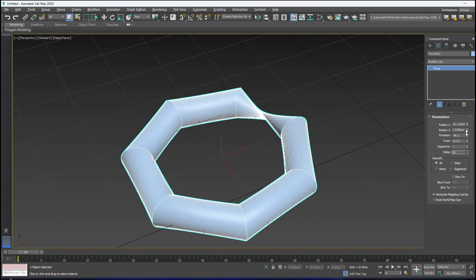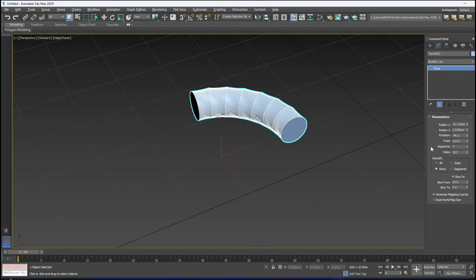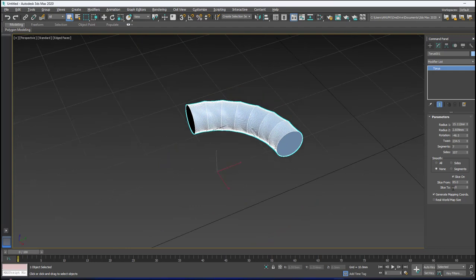Sides to get the smoothness, like this way. Do you want to smooth all the portion or only the sides or none, like that way? Slice on to slice it. This one you can use for the handle, for the cupboard and then interior furnitures.